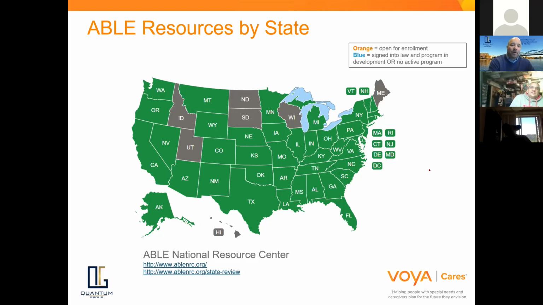One of the things to look at: you could say, well, there's 44 different states I could pick from. Where am I supposed to go? One of the ones that I've had the most success with is one of the largest ones, which stands to reason. The largest ABLE account program is the state of Ohio, and it comes with rave reviews. It has an excellent website, and it probably has the most money in an ABLE account program, which then stands to reason it has the most support and the most people who work for that program as well.